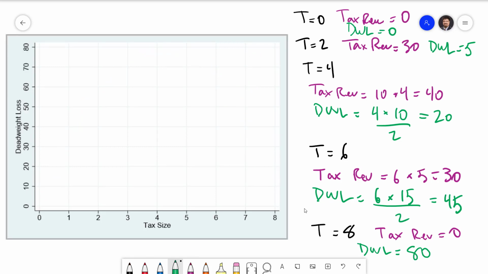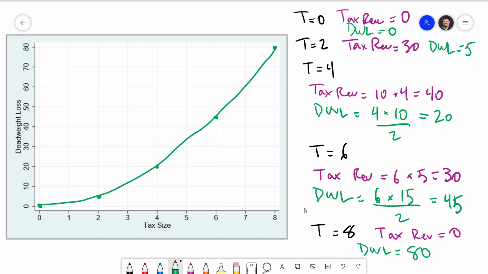We will now think about the relationship between tax size and deadweight loss by graphing that. Of course, when we have a tax of 0, there's going to be no deadweight loss. At 2, we get 5. At 4, we get 20. At 6, we get 45. And at 8, we get the full 80. Connecting these up,